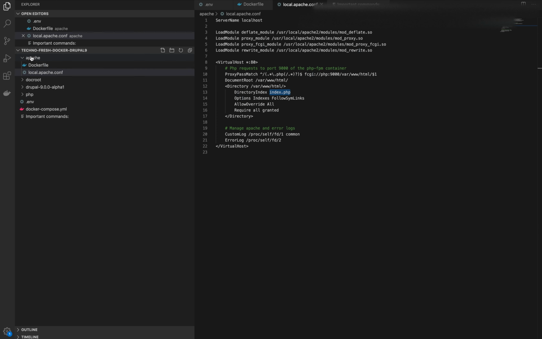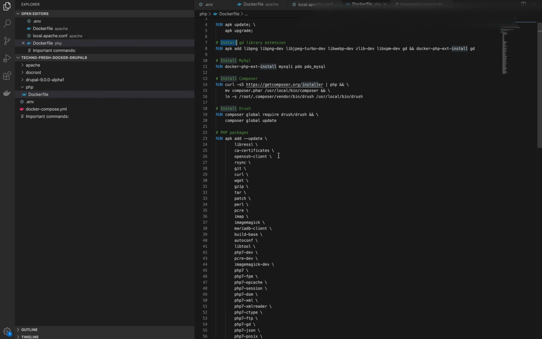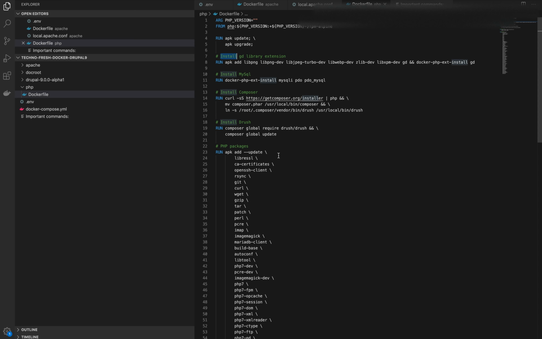So this is the Docker file for Apache, and this is the Docker file for PHP. PHP is also associated with a lot of libraries. I have incorporated all the GD libraries, some of the MySQL PDO libraries, the MySQL PHP libraries required. I am also installing Composer, and I'm also installing Drush.